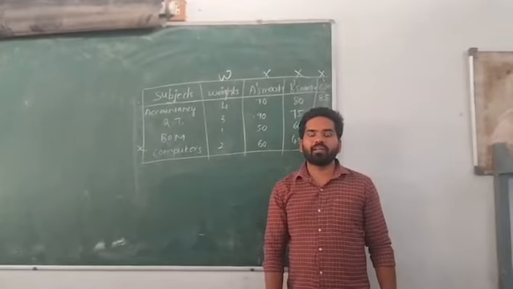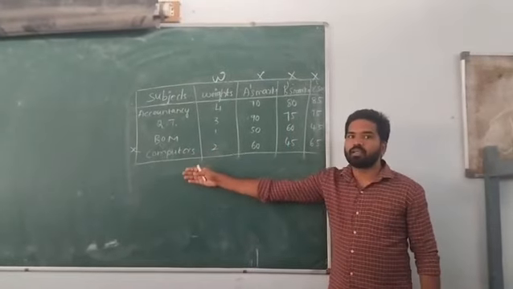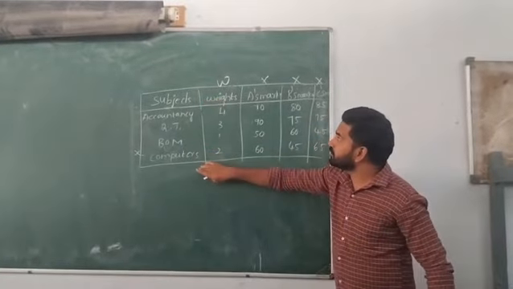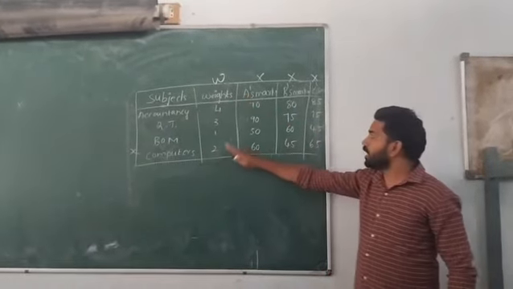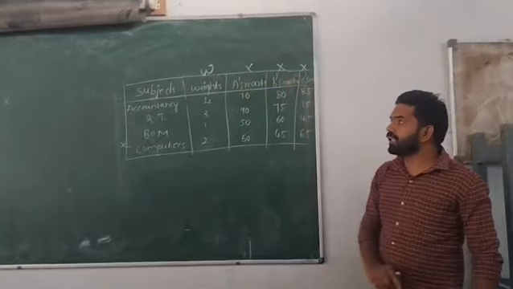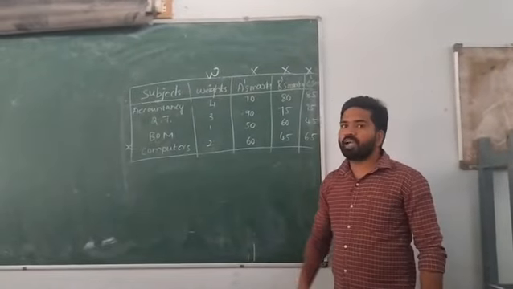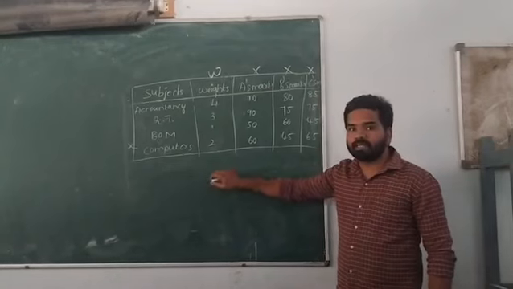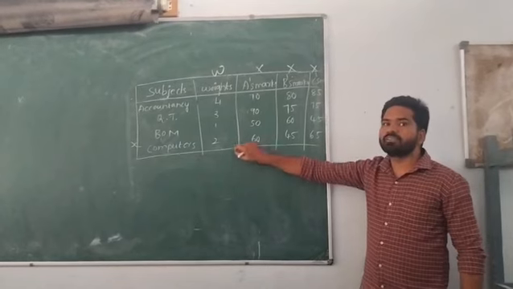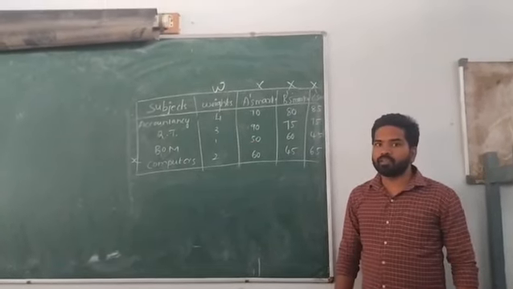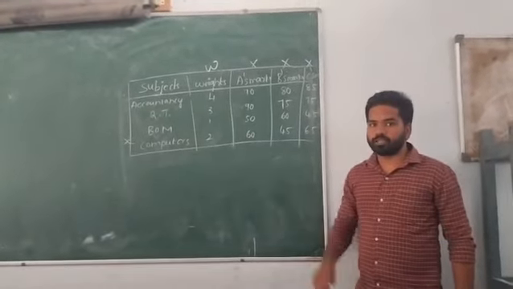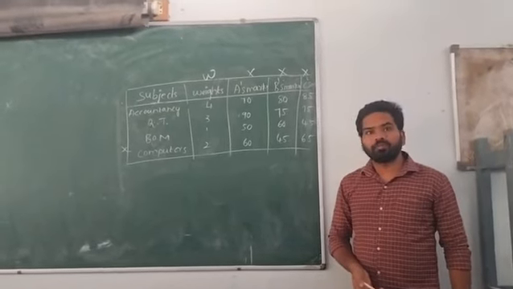Learn weighted mean. The problem is given. In the problem, they have given the subject-wise weight of the subjects. There are three students: student A, student B, student C. Here we have to find who can get the award of the scholarship, by applying the weighted average mean.